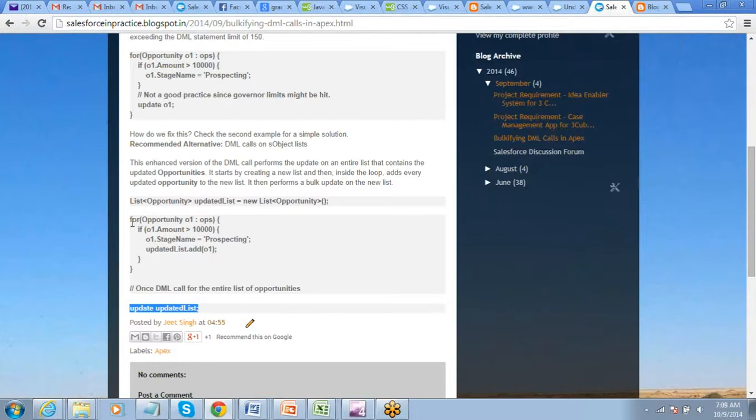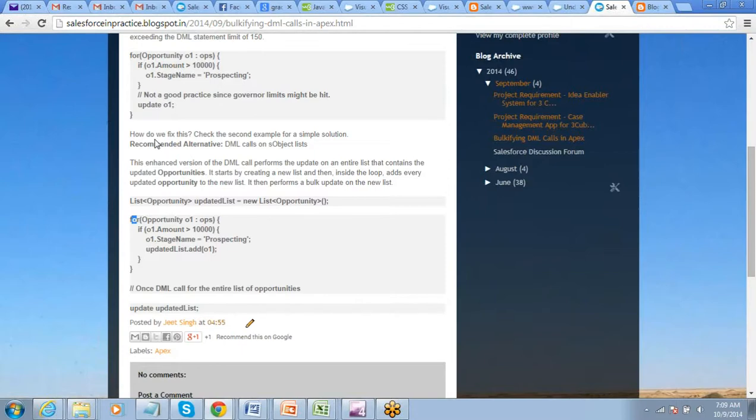You have not created a loop. It's a for instance that is used in a trigger by default. Why in a trigger do we have the for? Why do we have for in a trigger? Because a trigger can work for a single record, and it can work for multiple records as well.